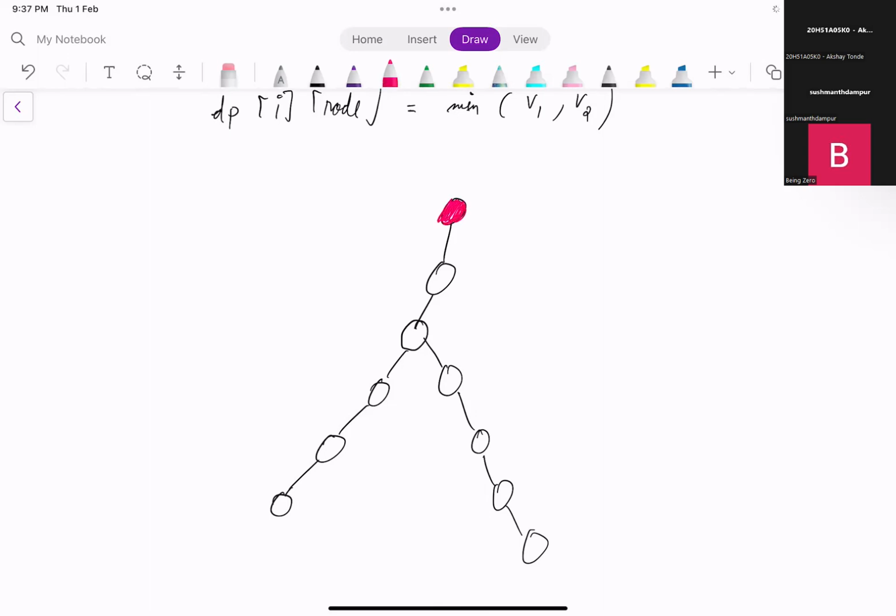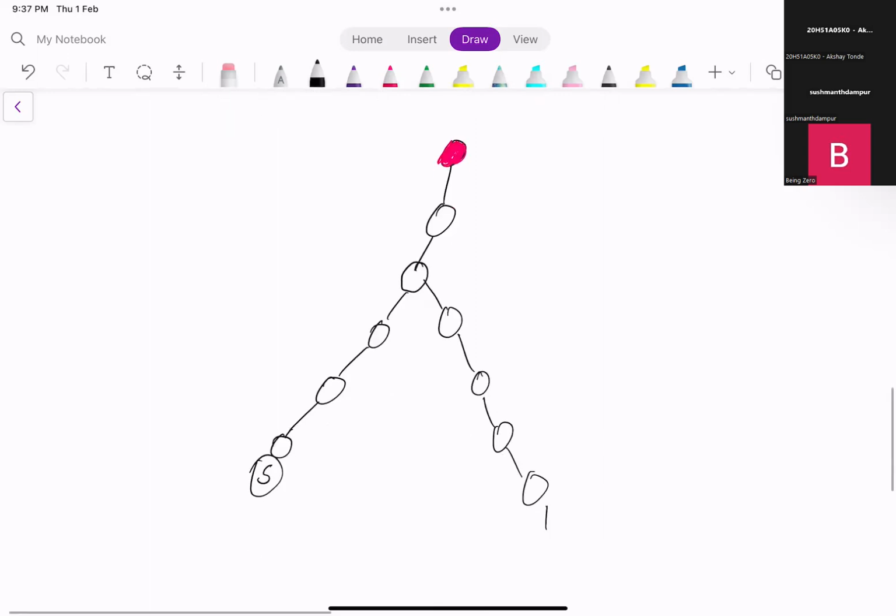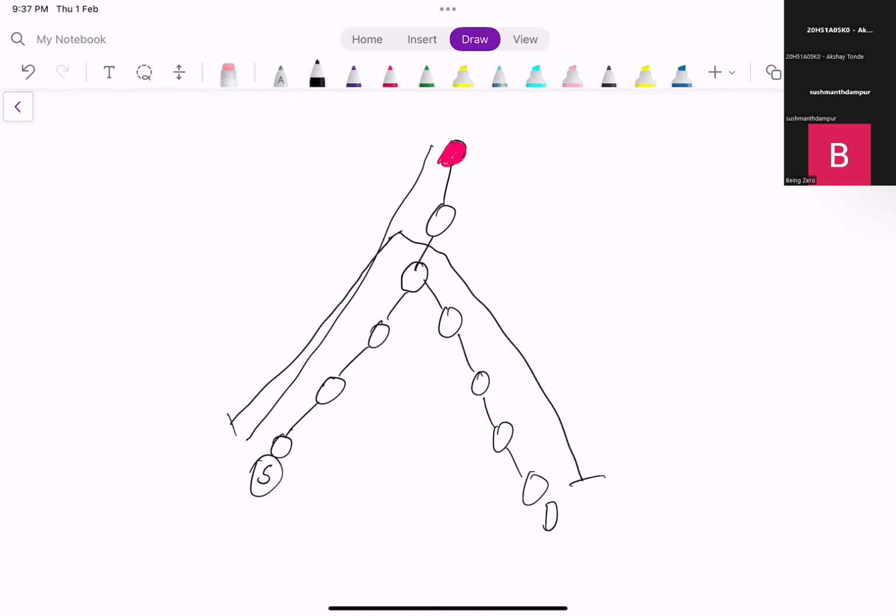The red colored node is the point where the person is, and this is the source, and this is the destination. Now this person should first come to the source, and then go back to this point and then go to the destination. So if we manually see, the time taken by this person would be